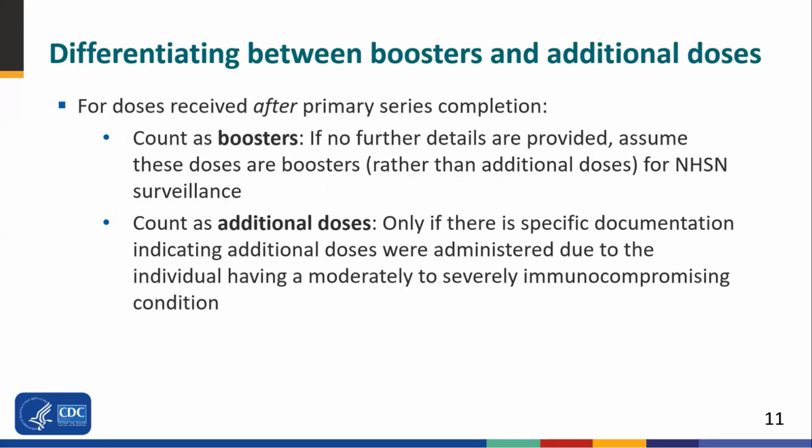Now we will go over an important point about data reporting. If an individual was administered 1 or 2 doses of COVID-19 vaccine after they completed their primary series, with no further details provided, then for purpose of NHSN surveillance, assume these doses are boosters and not additional doses, unless you have specific documentation indicating that they are additional doses administered due to the individual having a moderately to severely immunocompromising